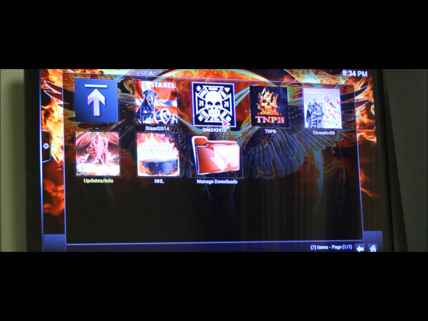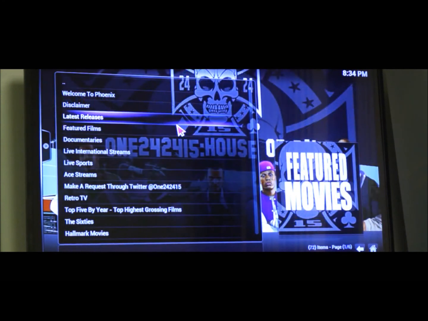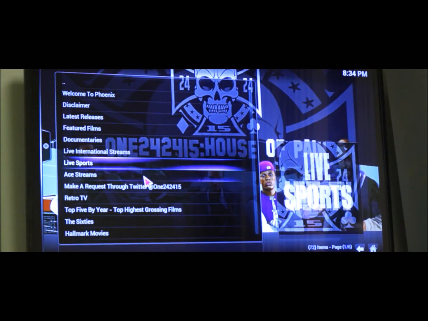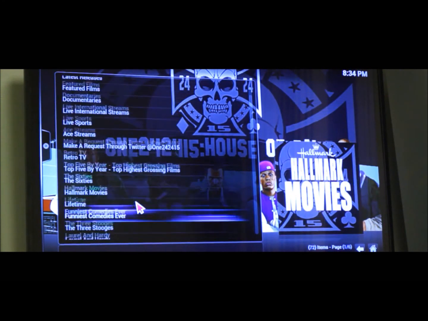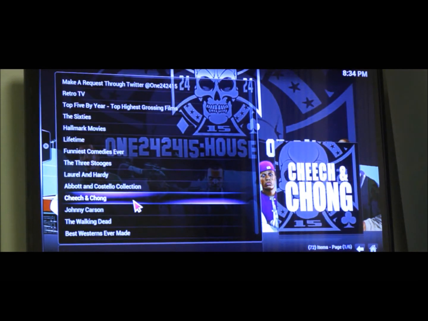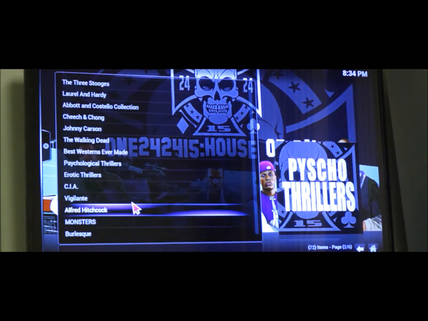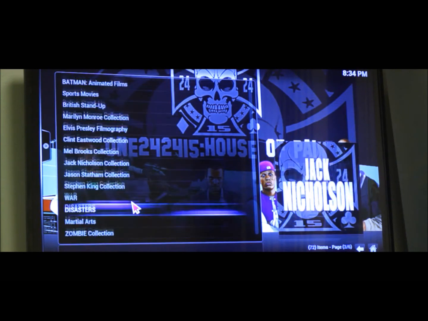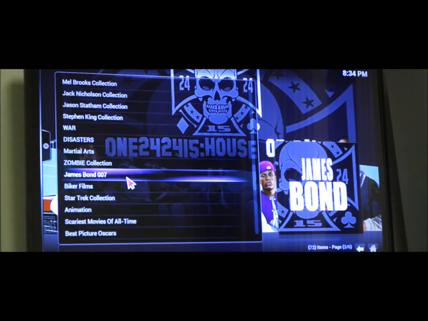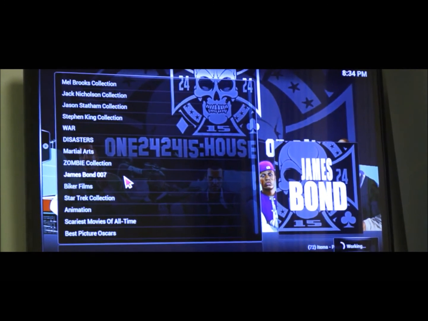We have apps like 1242415, where it's got a comprehensive movie collection of different actors, different libraries, all at your fingertips. Latest releases, documentaries, retro TV, Hallmark movies, Cheech and Chong, Johnny Carson, Walking Dead. One of my favorites, the James Bond collection. You'll click on the James Bond collection, wait for the list to load,